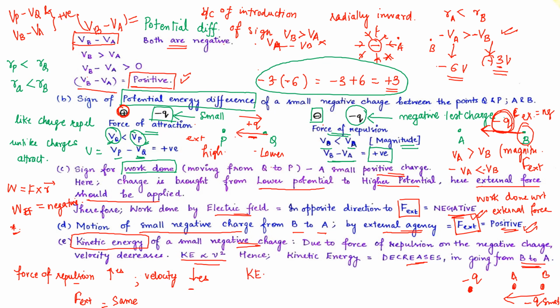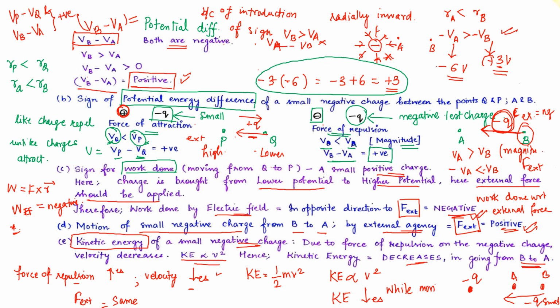Our kinetic energy is given by half mv square. So in case of other factors, when they are constant, we are taking the mass of our small q charge to be constant only, it is not fluctuating. So the only thing which can affect our kinetic energy is the motion, the speed, the velocity. Kinetic energy is proportional to the velocity. As the velocity is increasing, our kinetic energy will also increase. As the velocity is decreasing, our kinetic energy will also decrease